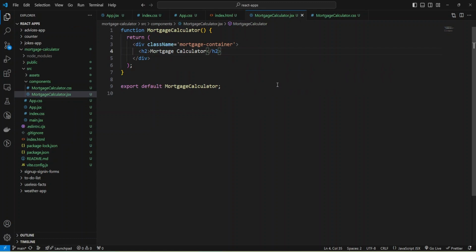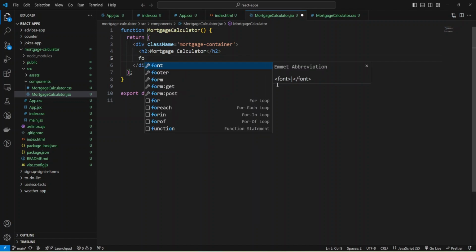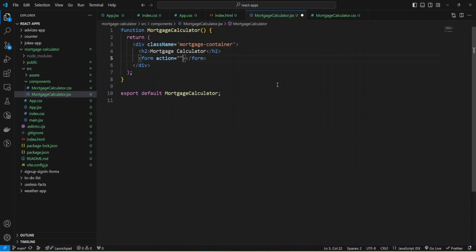And now I'm going to create a form and remove this action because I'm going to handle the form inside my React code. And now I'm going to create 4 inputs with labels.